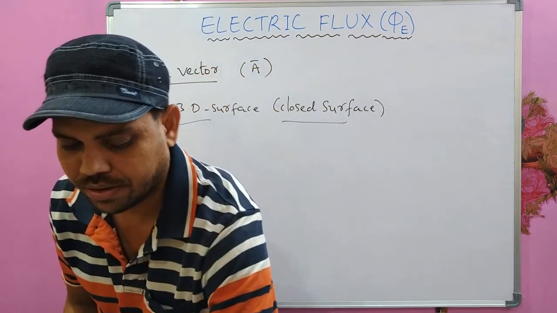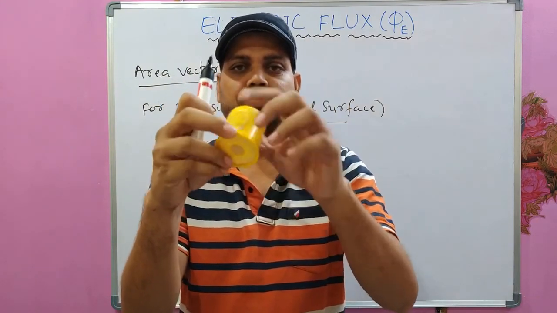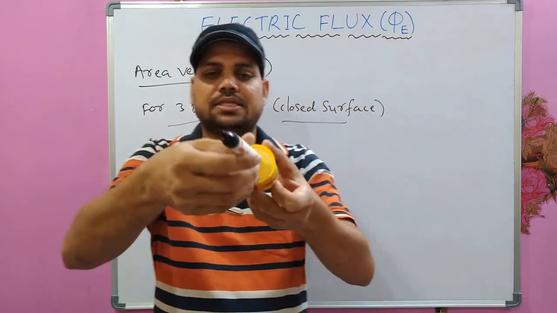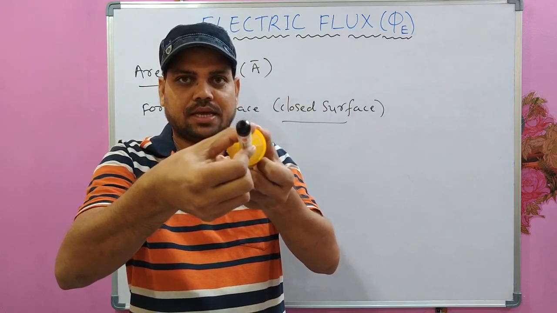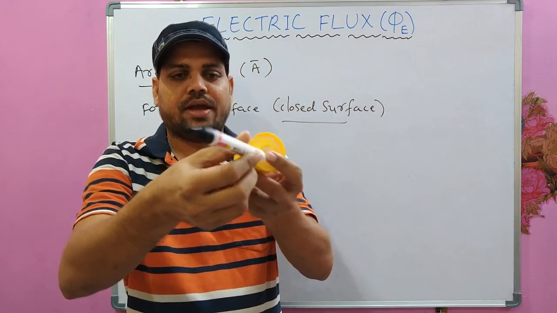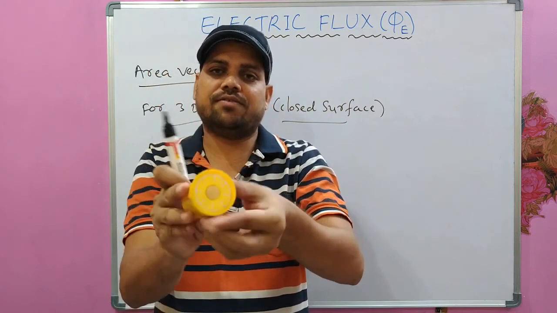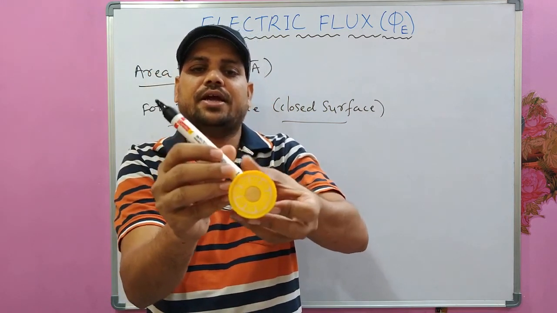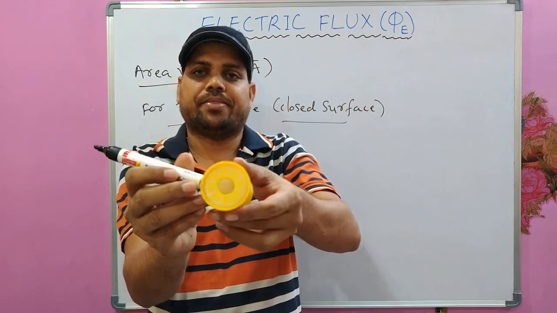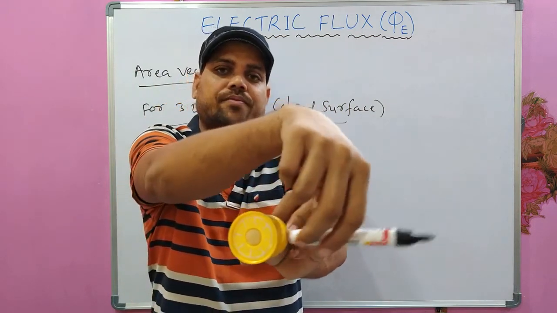This is for sphere. If you take a cylindrical surface, it should be a closed surface, remember. It's a cylindrical surface. For example, if you take this, here the area vector would be like in this way, direction of area vector, and for here it is in this way. And for this curved surface of this cylinder, everywhere it is perpendicular to the plane of that surface. Everywhere. This way.